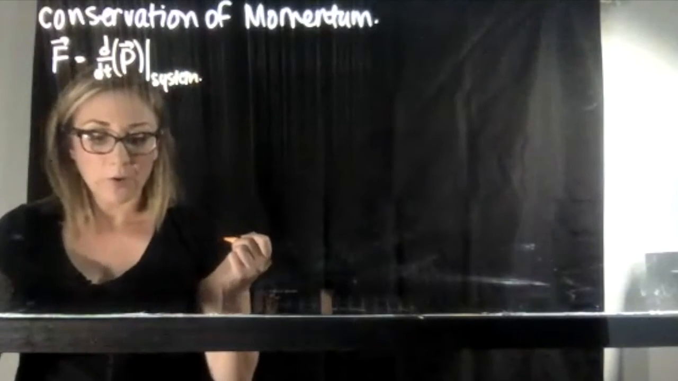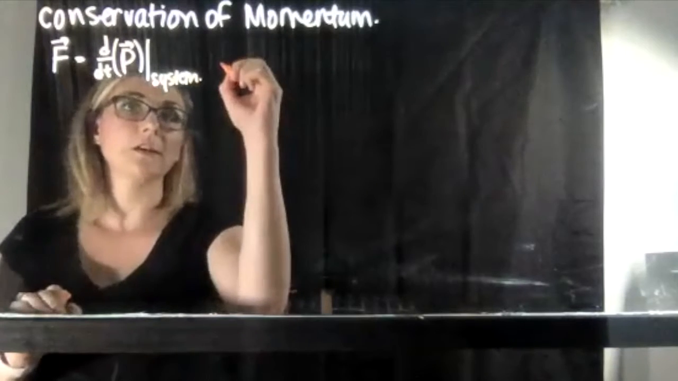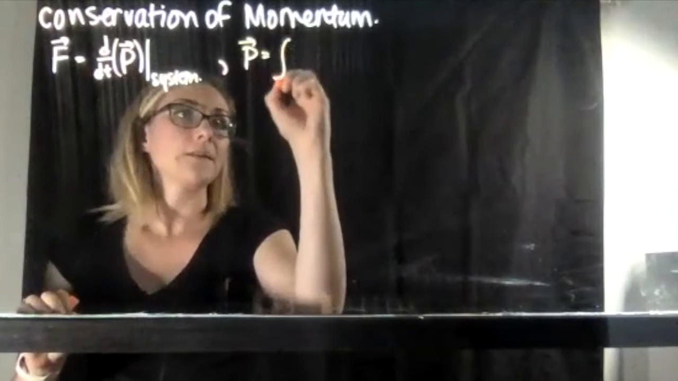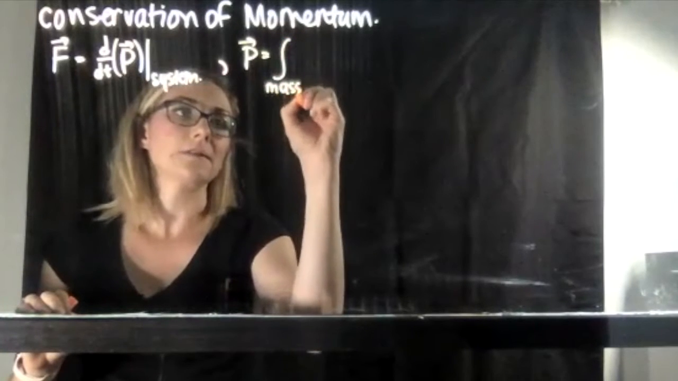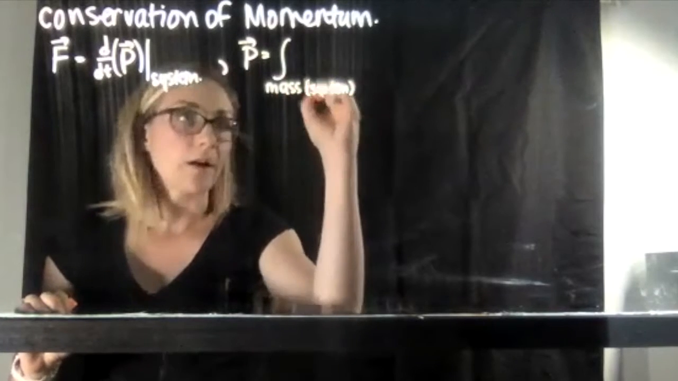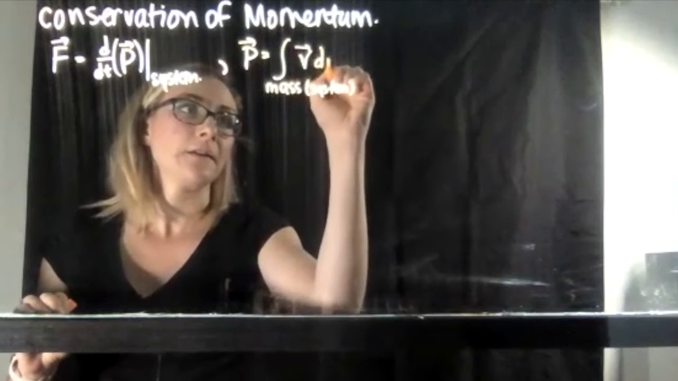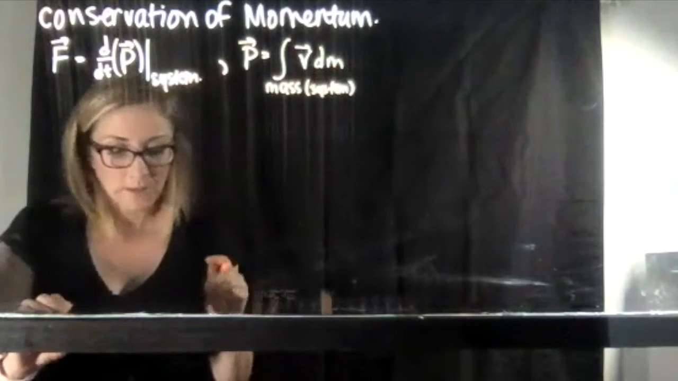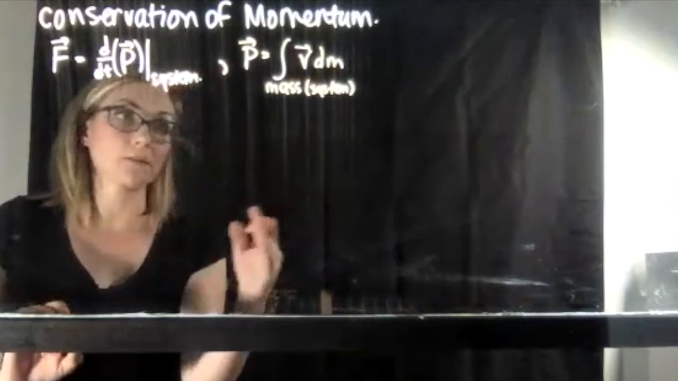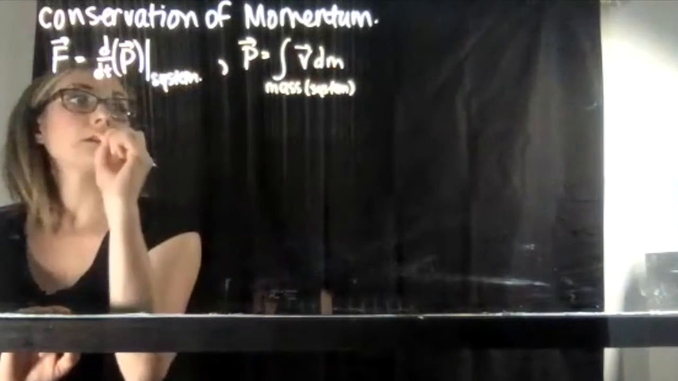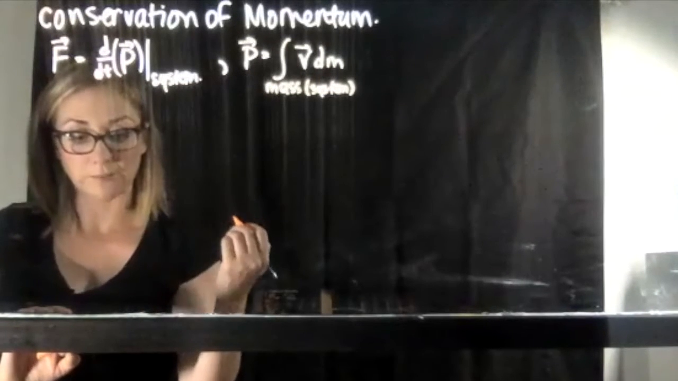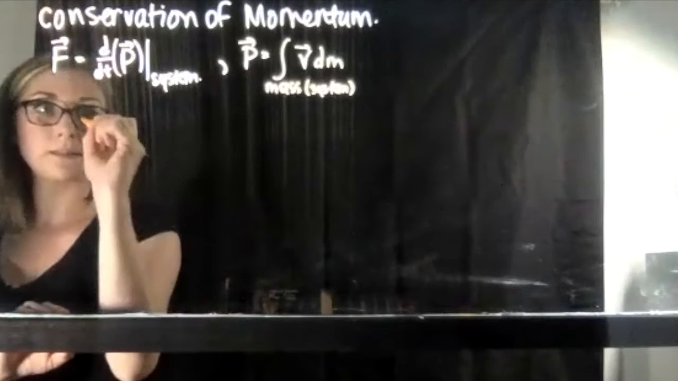Okay, and then also here, our linear momentum P is given as the integral over the mass of our system of the velocity dm. So this should look pretty familiar. This is what we used exactly before. And then here we can write this expression in terms of an infinitesimal mass dm. So we would say